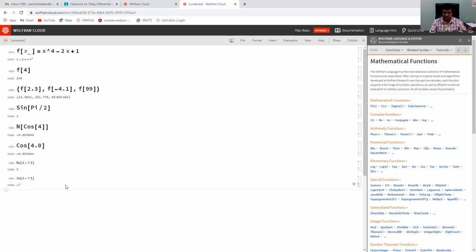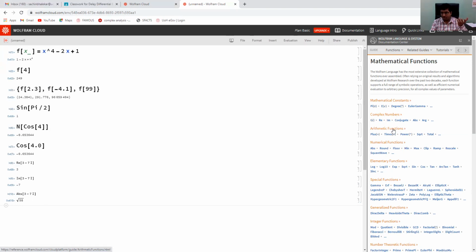The imaginary part is minus 7. Then Abs means absolute value, the mod of that complex number. Conjugate, complex conjugate, argument of a complex number, and so on. These are 3 dots. If you click, you will get more information about complex numbers. Here you can click on this name also, complex numbers.